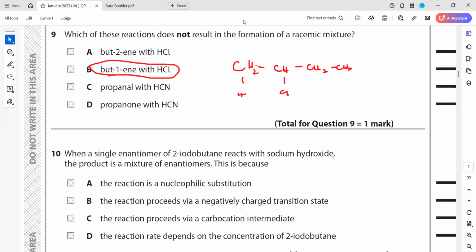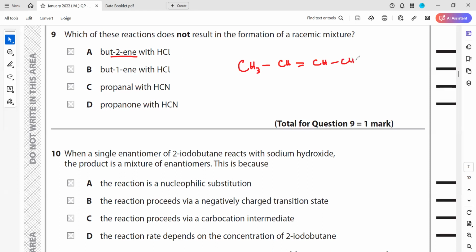When this reaction occurs, you have but2ene. In an electrophilic addition reaction, H plus will attack first. It will form a bond with any of the carbons. So let's say it forms a bond here. Now this is a carbon cation. This carbon cation is which carbon cation? It is a tertiary,